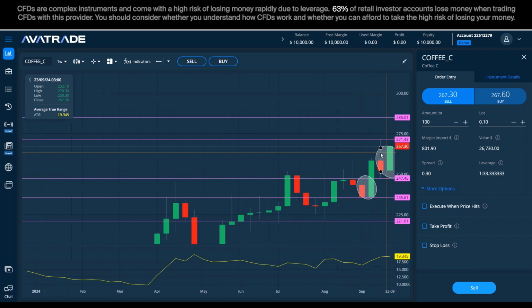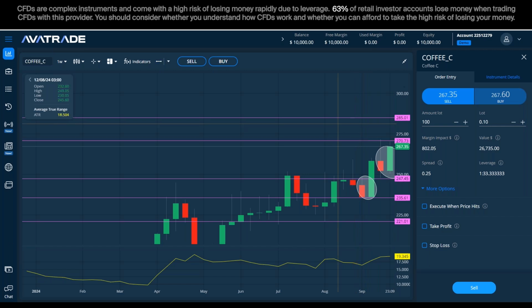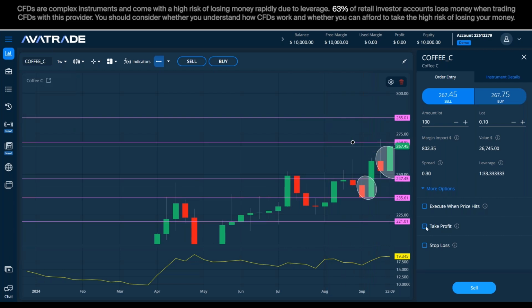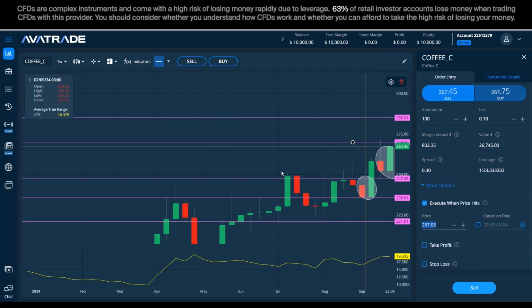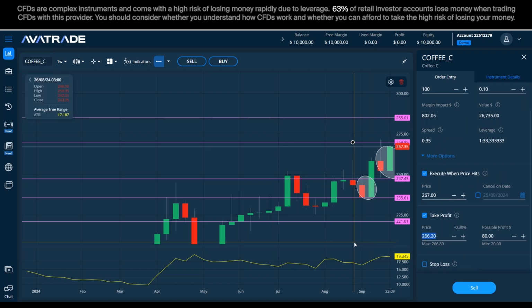and aim for a more realistic number, in my opinion, which in this case will be from 267, let's say, to 270, which is $3 up, maybe even 2.5. Let's go with 2.5, right? In this case, let's pin the price here so it doesn't move around all the time. So let's make it 267, right? So 267 plus 2.5 is going to be